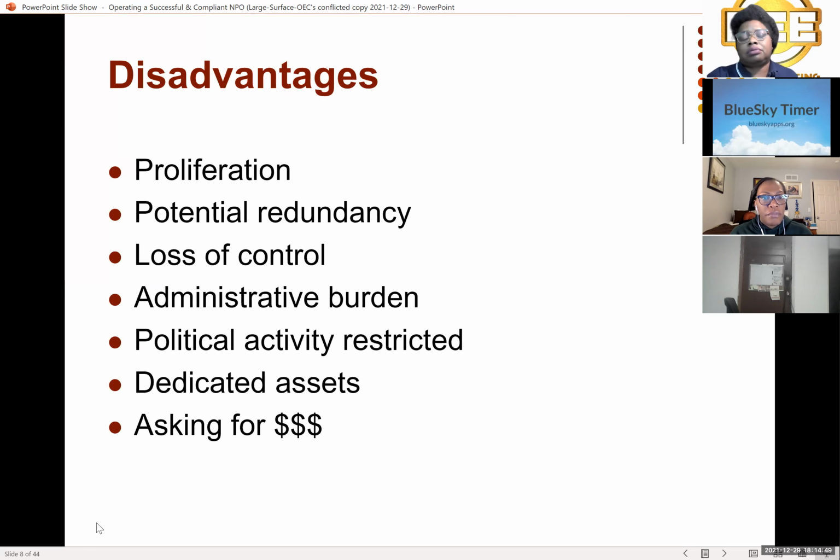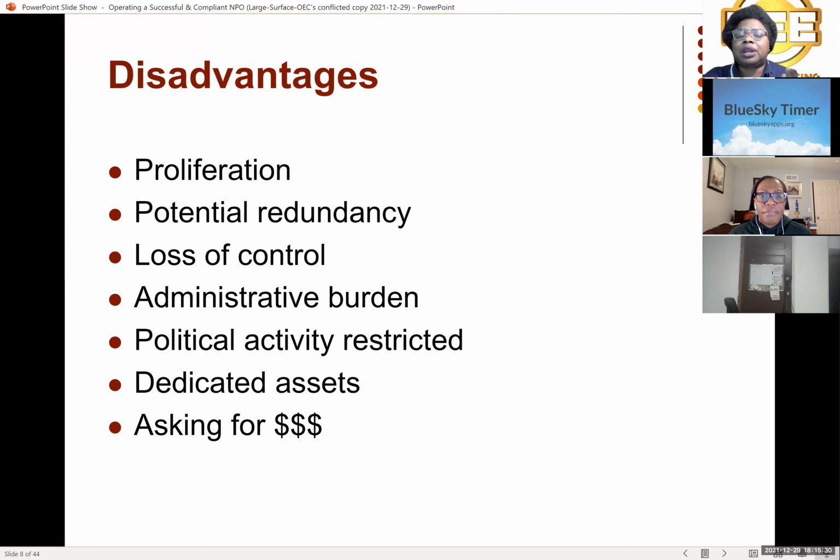But there are disadvantages. One thing is proliferation, and I talk about it in this marketing class I teach. Not only in nonprofits are we competing against all the other people that start nonprofits, we're also competing against McDonald's and everybody else. Today I just spent $10 at Wendy's. Who do I give my $10 to? Do I give it to Wendy's or do I give it to your mission? So there's a lot of nonprofits out there. There are so many right now that the IRS is backlogged on getting these processed.